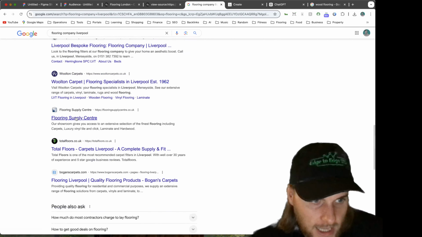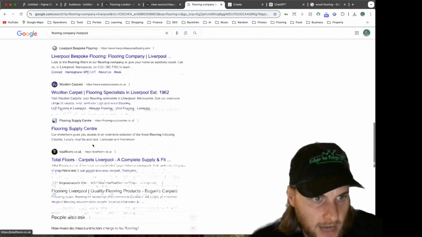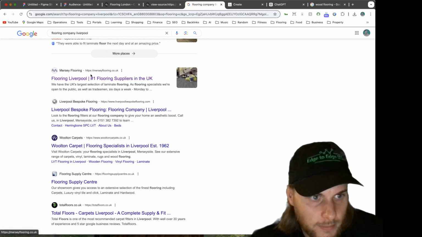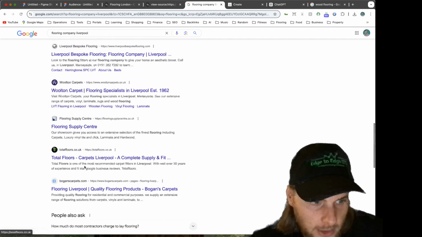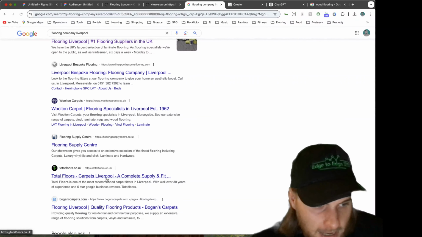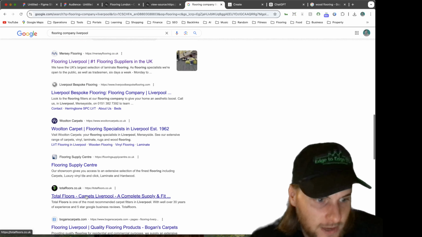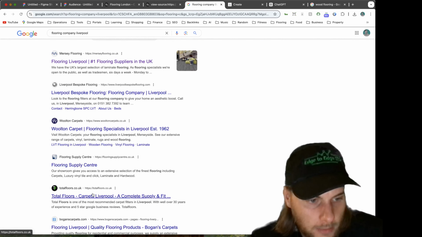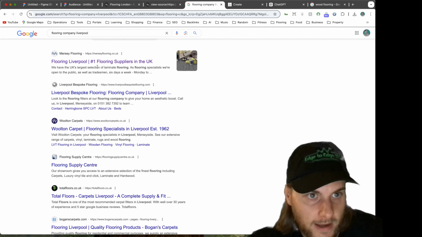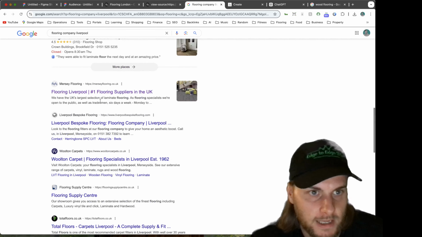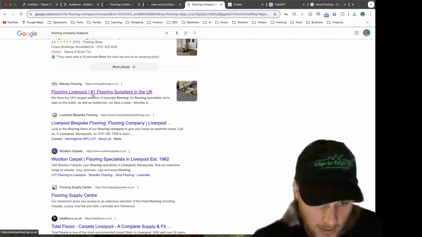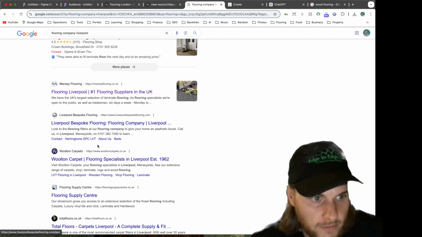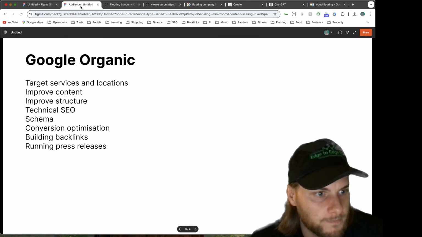But how many backlinks are pointing back to each one of these pages? And if you're sitting here in position 4 or 5 or 6, and you're trying to get to these positions here, but then you see that this page here has got 25 backlinks pointing to it, and your page here has only got 10 or 5 backlinks pointing to it, then you need to be increasing the amount of backlinks that are pointing to this page to get somewhere in the region of what they've got there to actually start competing for those top spots. So again, it's about doing a bit of competitor research and making sure that you're dedicating the right resources to the right things to rank for the right keywords.